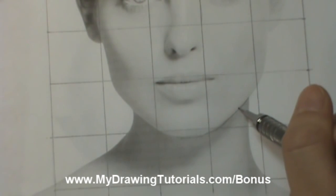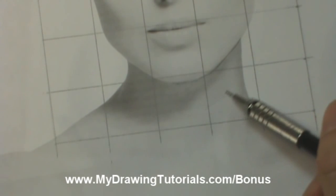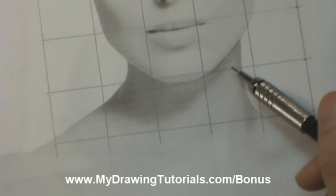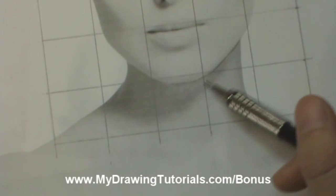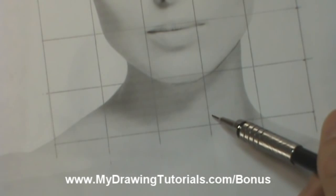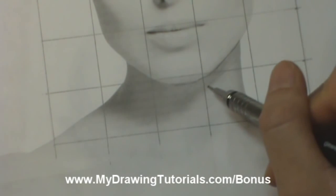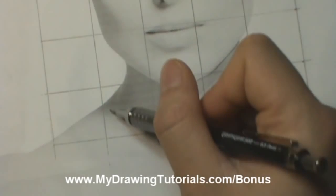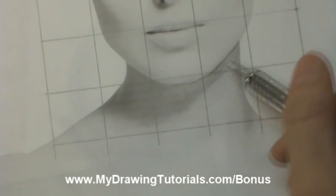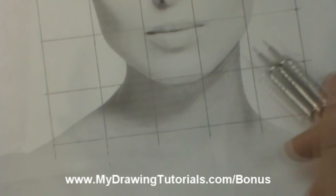Okay? And likewise, this area here is a soft edge. There's no hard line to it. It's just a gradual blend between the shadow and the lighter part of the neck. So when you shade it, make sure you don't put a hard line to it. Okay, I know it's tempting because it makes it easier to shade. If you do put a hard line to guide you, make it very light so that you can camouflage it